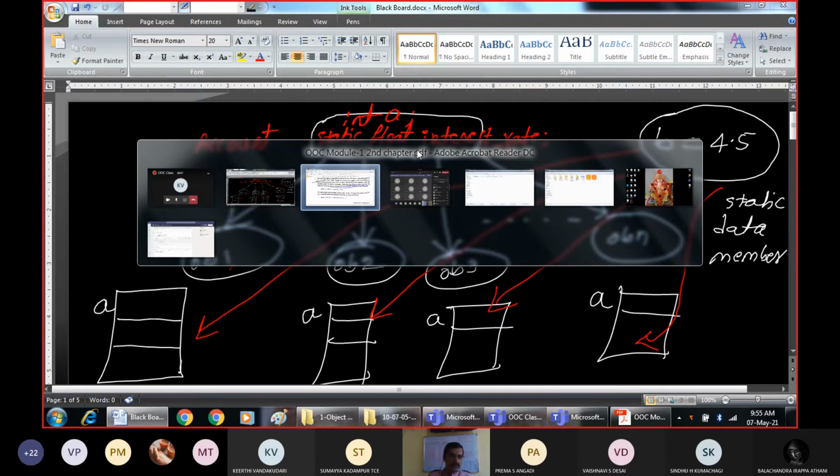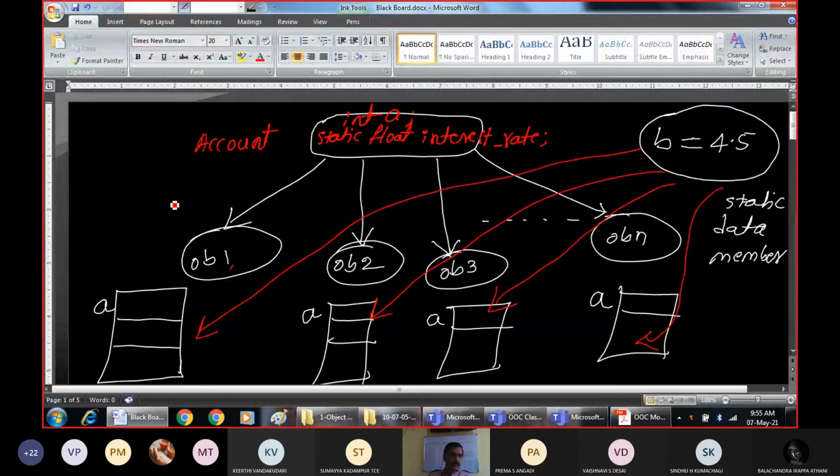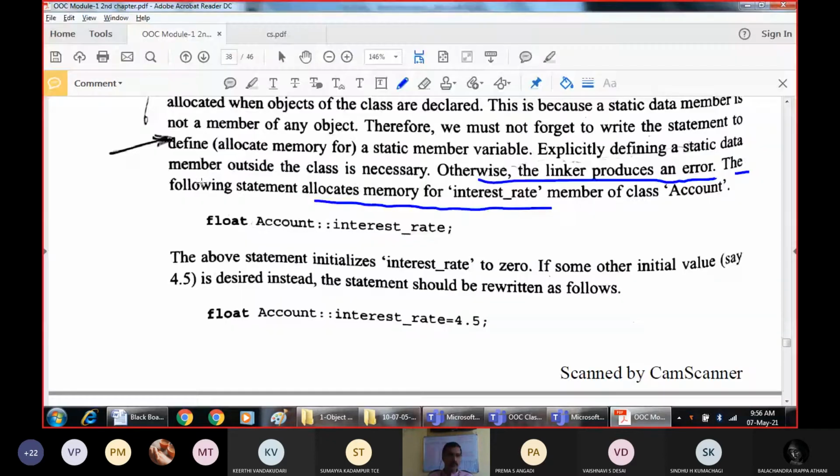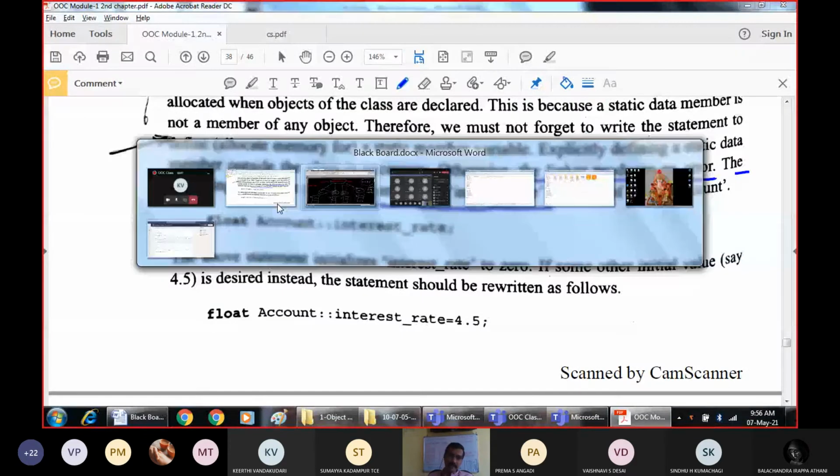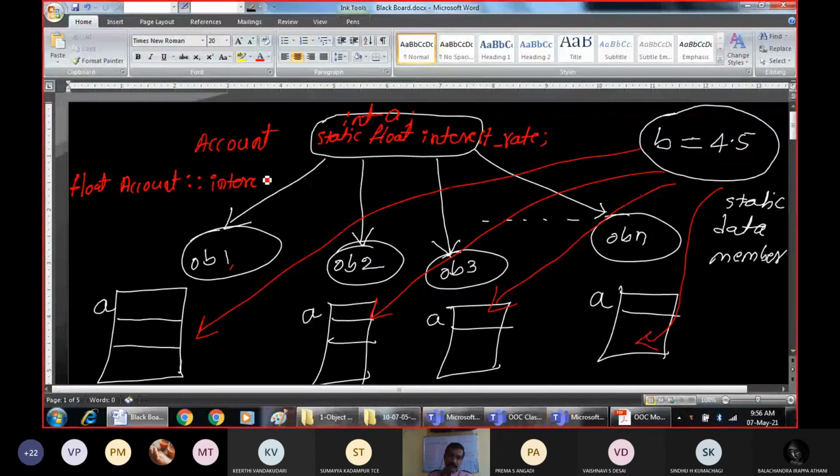That is, floating point type of data is being declared, which belongs to the Account class, and we use the scope resolution operator to indicate the variable name, interest underscore rate.